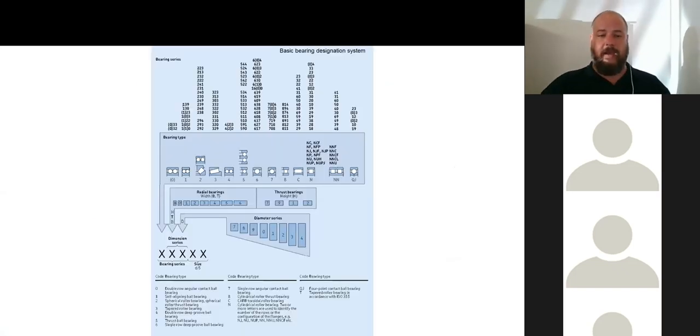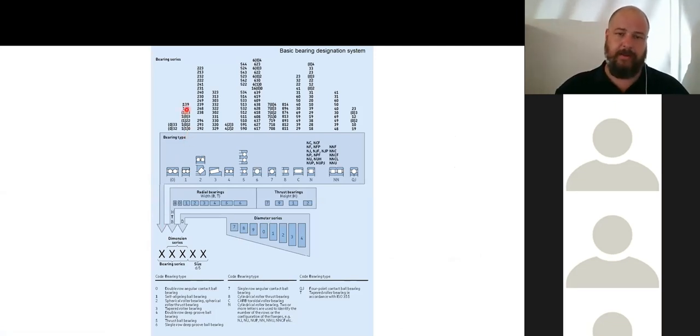Each of the units, as I said, we'll start off with the first digit, which would be your series over there. If you look at the guide at the bottom here, it will tell you what it is, with a little identification picture. And then your final two digits of the unit, multiplied by 5, would give you your bore size. This information is also available. If you need it, ask us how.